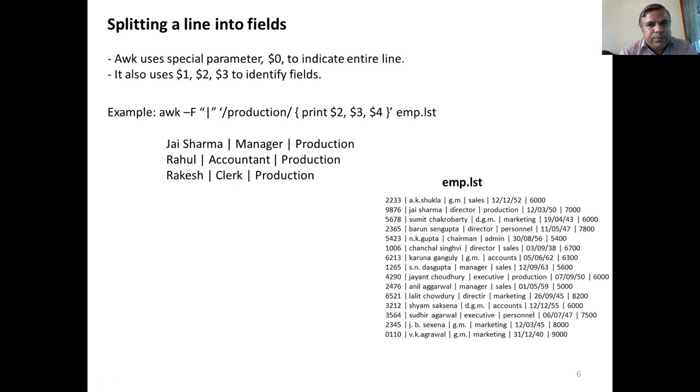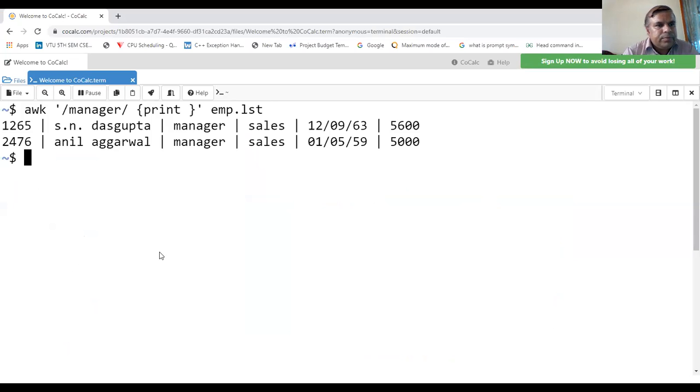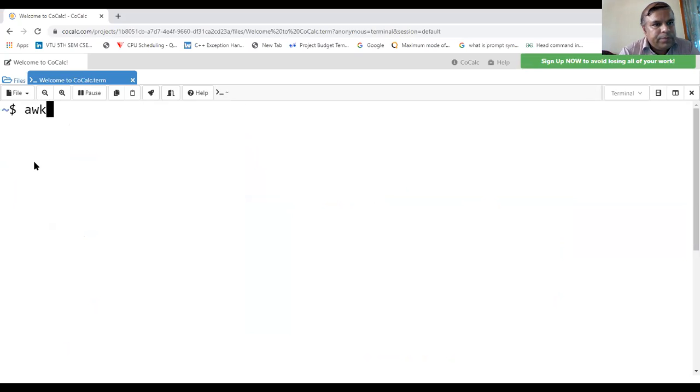Let's go and test this. So AWK -F, field separator vertical bar, then selection criteria, production, then what is the action?